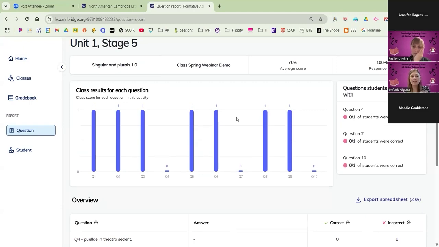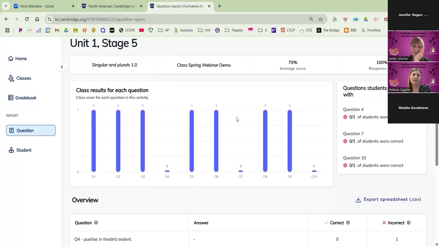So in a sense, this product is not just wonderful unto itself, but it does bring you into that new era of data collection that a lot of your language colleagues are able to take advantage of. It's really nice to have a tool like that on our side so that we can have the same types of conversations. Because as Smith said, data is sort of the name of the game in American education, at least. So it's nice to have a product that gives you enough numbers and whatnot.